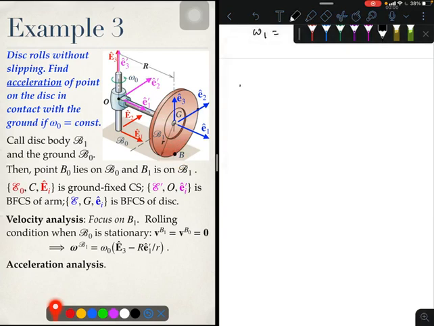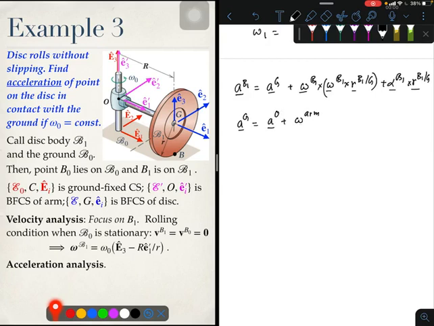So as I mentioned, the acceleration of B1 is the acceleration of G plus omega B1 cross omega B1 cross r b1 with respect to g plus the angular acceleration of b1 cross r b1 with respect to g. Ag is related to the acceleration of O through a similar formula because both g and O are on the arm. We can now combine these two equations and we can write down that A b1 is equal to AO plus